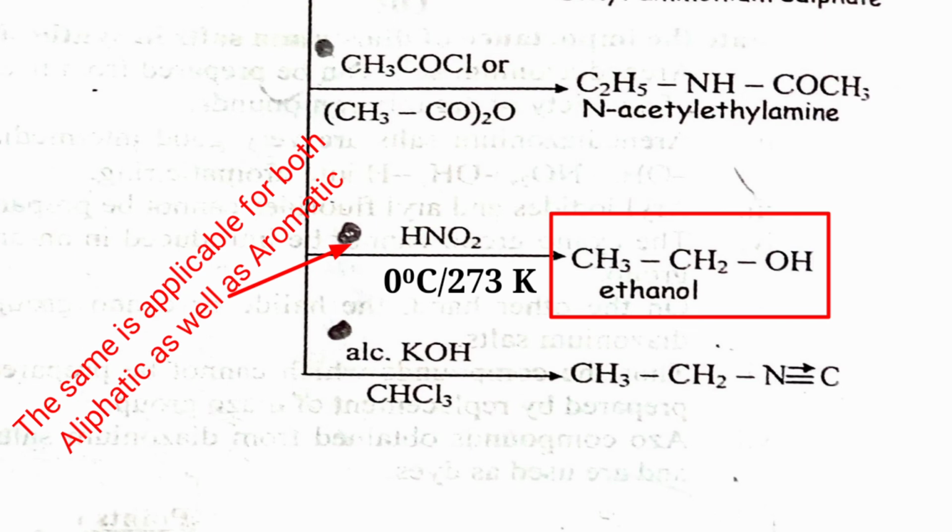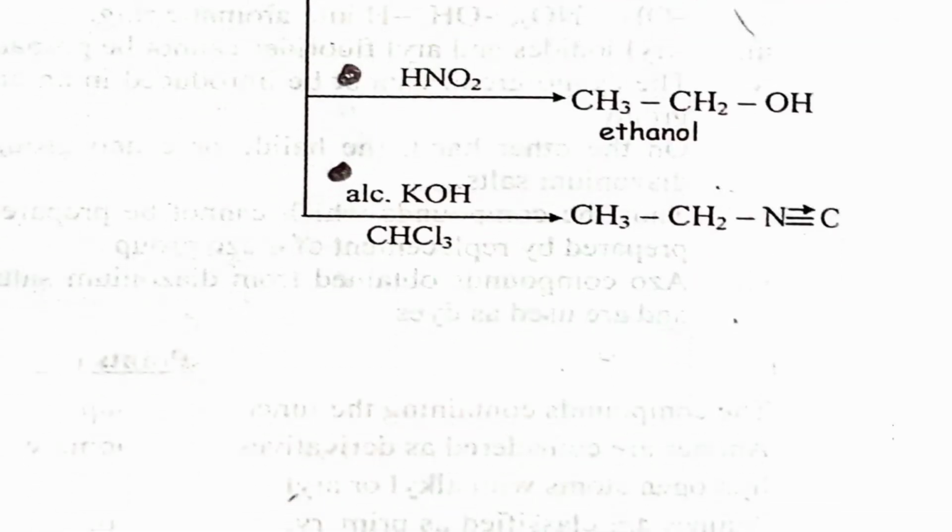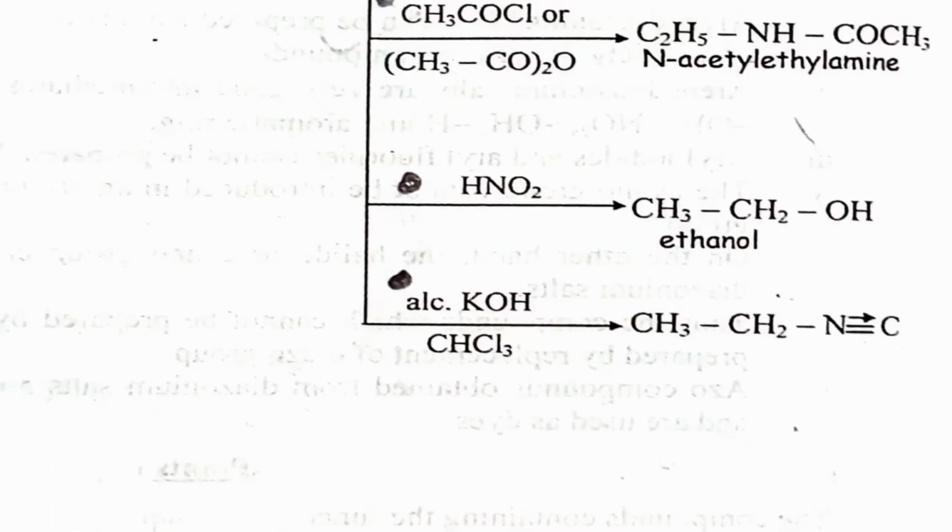But the aliphatic diazonium salt is very unstable, and after hydrolysis it becomes the product ethyl alcohol. Next you see here,